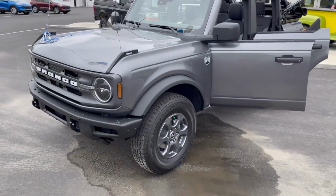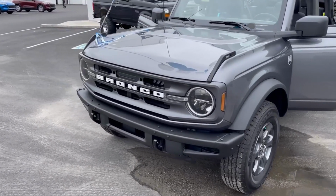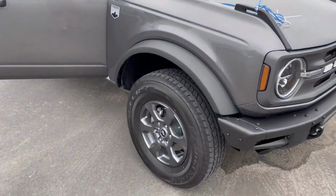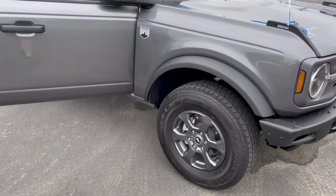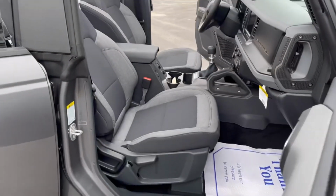So this is the Big Bend Edition. It's a little bit more stripped down compared to the Badlands, but looking much the same in the front. It's got a little bit different design on the wheel. And one special thing about this one,